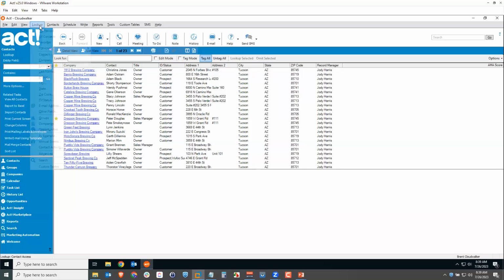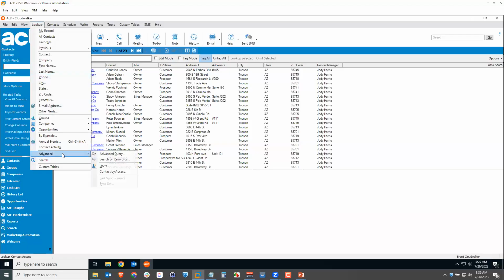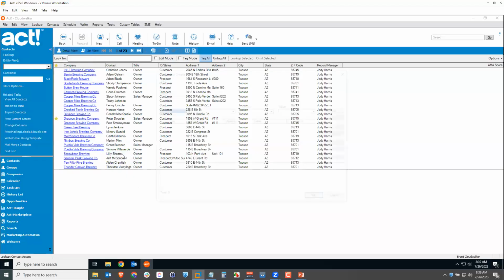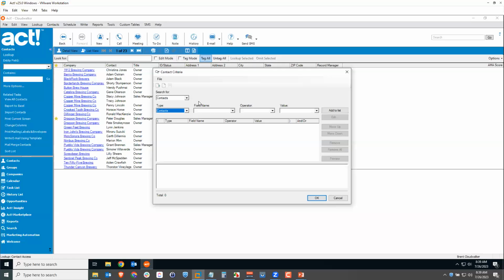The last kind of lookup I want to show you is my favorite, really. It's the advanced query. And this is where you can get very, very detailed with the types of searches that you do. The way an advanced query works is you build the rules for your lookup, and then ACT will do the work by populating that query for you. Lots of different rules that you can use. So let's go by the example of